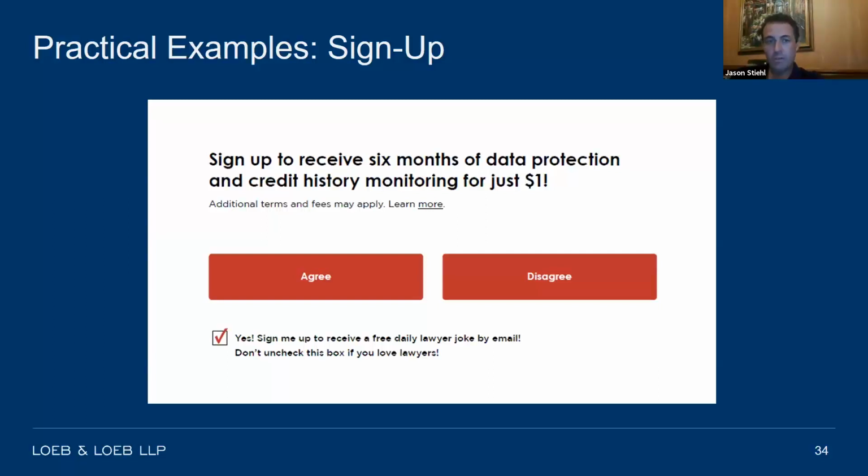But then you also see below it another stab at the consumer. Don't uncheck this box if you love lawyers. And so it gives you this option of, well, I don't really like lawyers, so I don't want to uncheck the box. So those kinds of decisions, it's amazing the psychology that goes into them. I'm sure most of you on the webinar aren't unfamiliar with the amount of psychology that goes into how companies advertise. But these types of things have a pretty serious impact on whether a consumer will feel guilty about checking or unchecking a box before making a decision. And the FTC is paying attention.